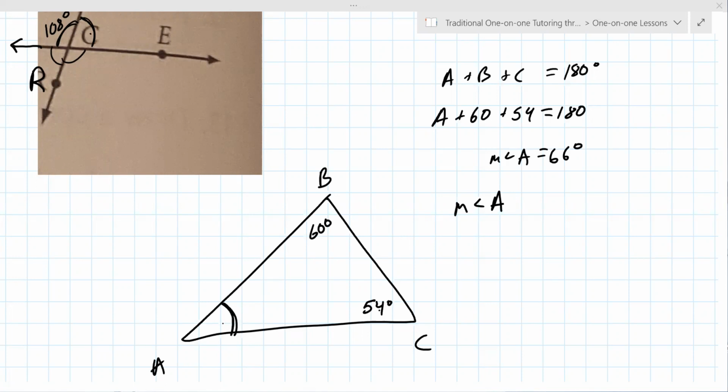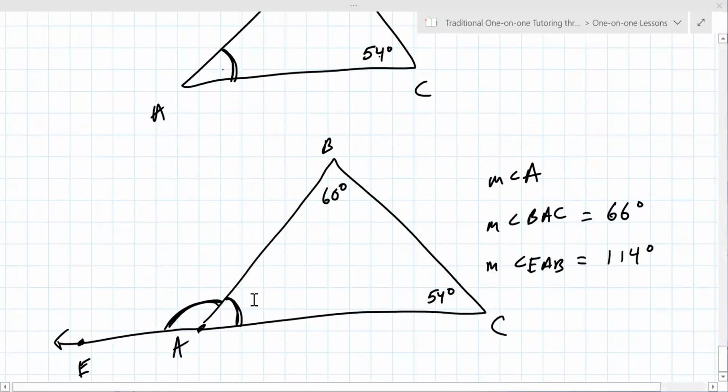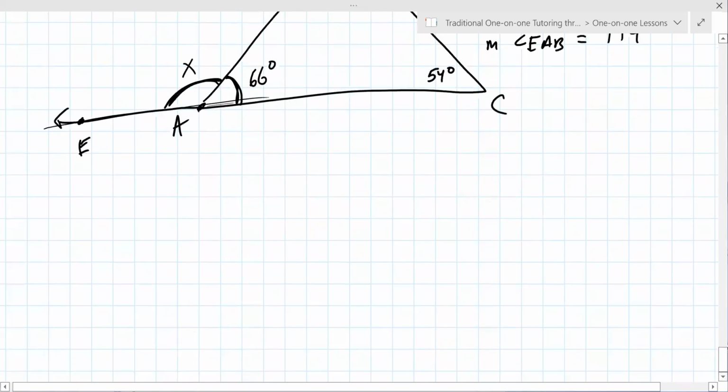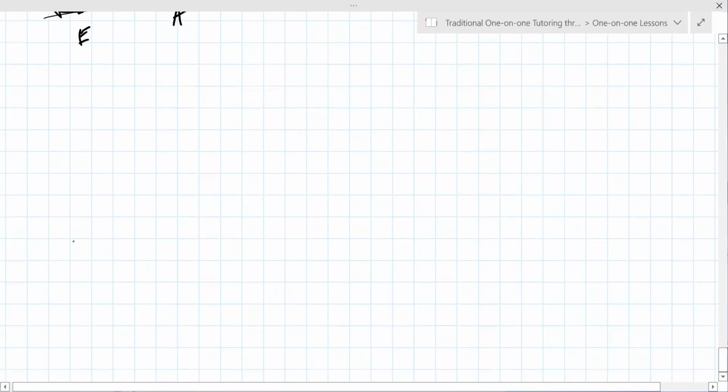And then, could I get another one like this, please? Sure, but you understand to find angle A, you add them up and you find the missing angle. If this is 66 degrees, well then this is a straight angle. The two angles have to add up to 180. So it's x plus 66 equals 180. That's how I came up with 114. So if it's EAB